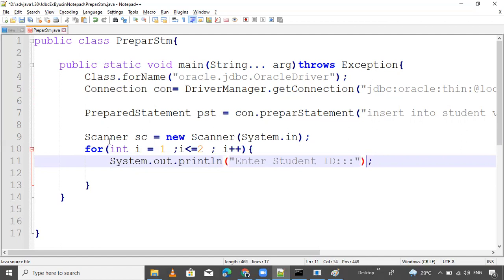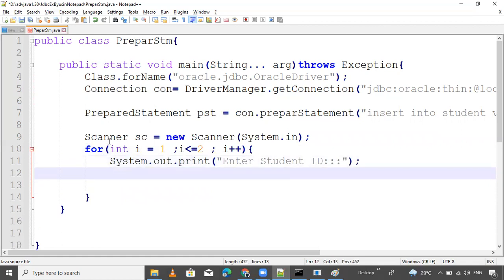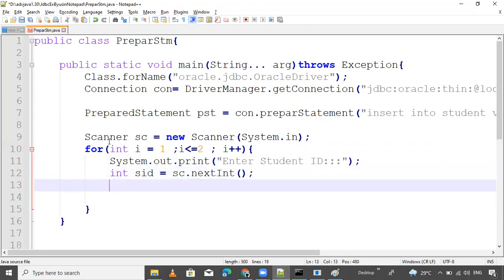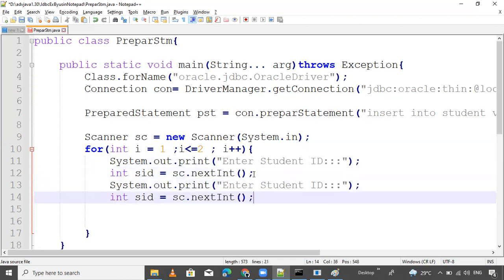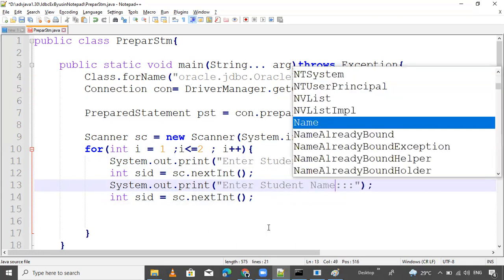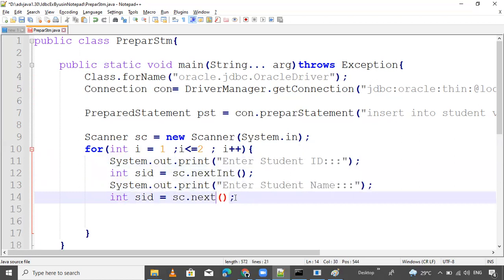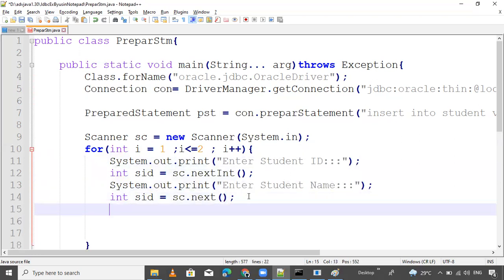Okay. Here it's asked, so I want to print, and the same again. So not using println. So simple. ID is which type? Student ID is int type. So simple: sc.nextInt is the method. Step by step, System.out.print: enter student name. That's it. sc.next is the method which I presented. Okay, simple. Now next is student address.